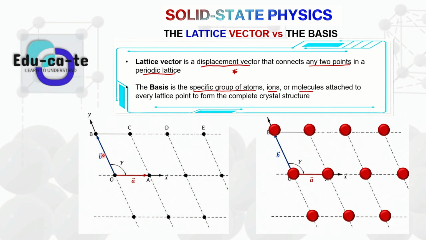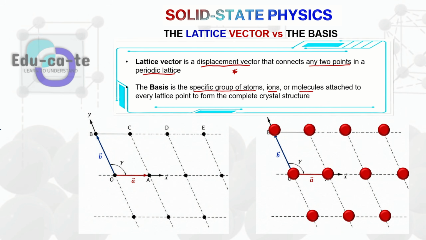But now, the moment you start placing atoms on each and every lattice point, that becomes that group of atoms, or group of ions, or group of molecules. Simply, when you start attaching particles to each and every lattice point here, that now forms a crystal structure. This is known as a basis. So a basis is just a group of atoms that are being attached. For us to form a crystal structure, we just need a lattice and a basis. Those are the two things that form a crystal structure.